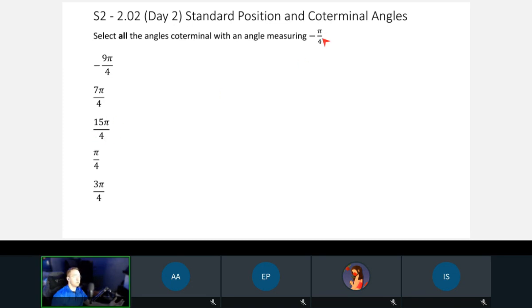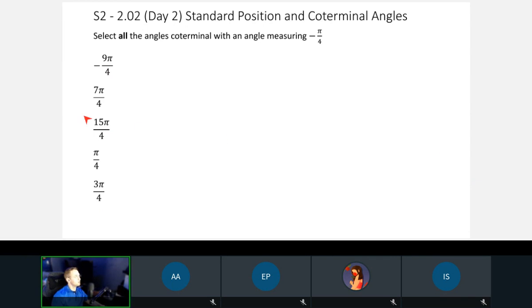So you probably want to add 2 pi like 5 times to make sure you cover everything up to this value. And then start here, and then you want to subtract 2 pi and get as low as this value here, which is almost 6 pi. Anyway, you get what I'm saying.